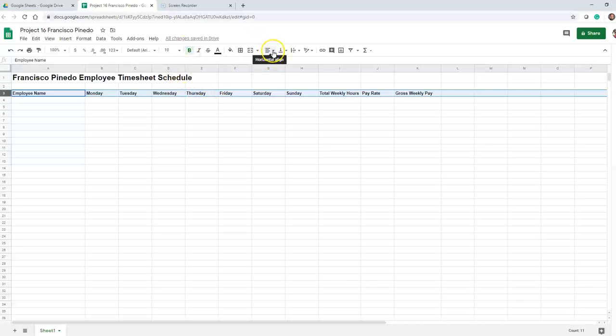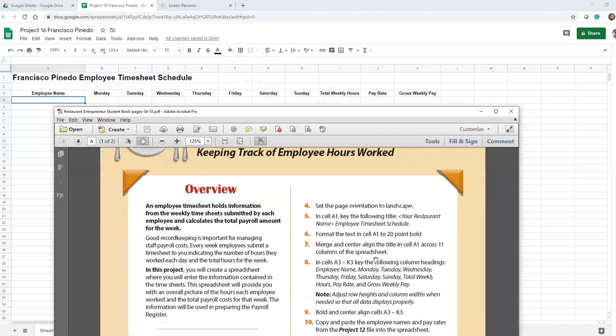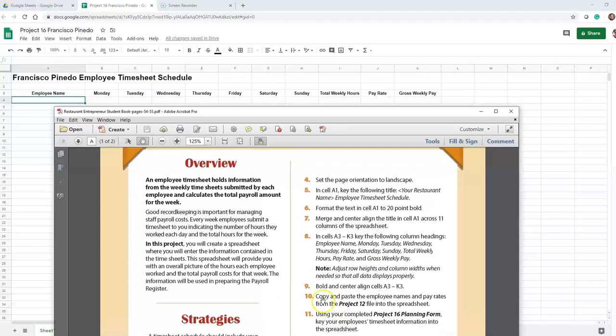And now we're going to do center align, which is this one right here. And you could see it really didn't make a big difference, en sí no hizo mucha diferencia, pero sí movió todo hacia el centro just a little bit. Okay. Next thing we're going to do is put all the information